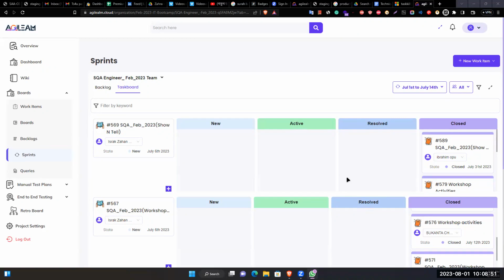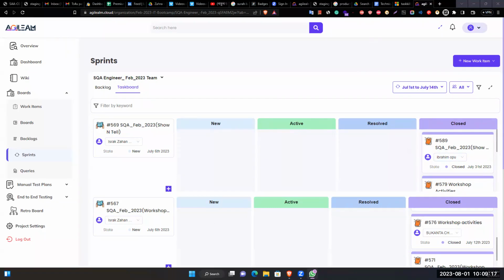In the retrospective meeting, you will again open this board and you will see that Ibrahim, Opu and Veronica are still there. Nobody updated anything here. So you can ask them, okay, here is the board, here is the message, but you still didn't put any response there. You didn't update anything here.